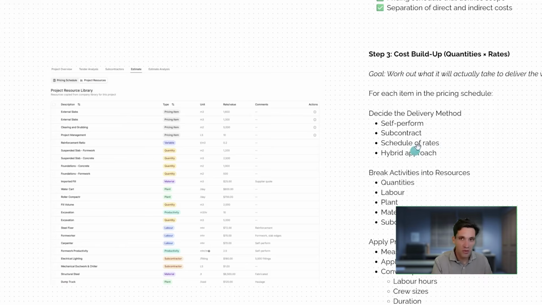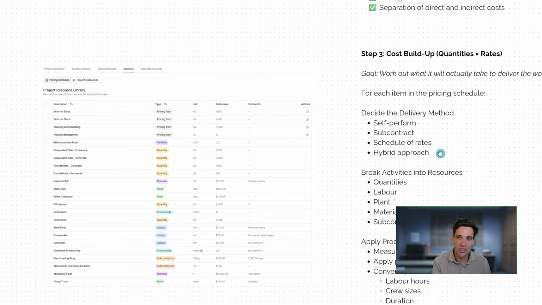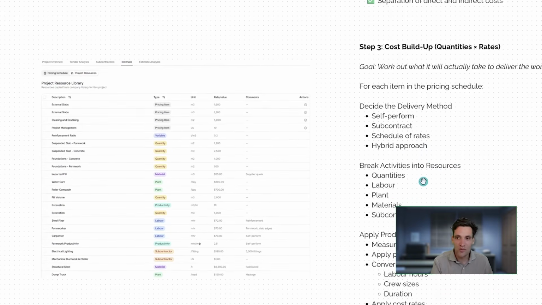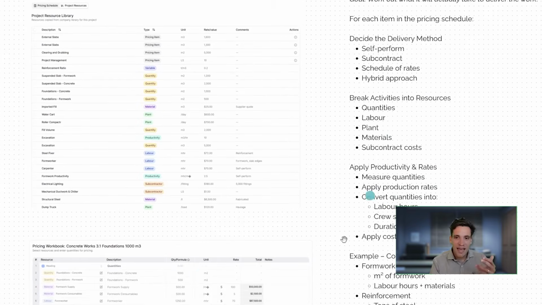We can also have hybrid methodologies, like a schedule of rates contract where we're responsible for the quantity or overall volume of the work, but our subcontractor is providing us a unit rate, or really any sort of hybrid methodology where we might free issue them the materials, but then they do the actual labor and plant on lump sum. But basically any direct or indirect costs we can really break down into a function of our labor, plant, materials,